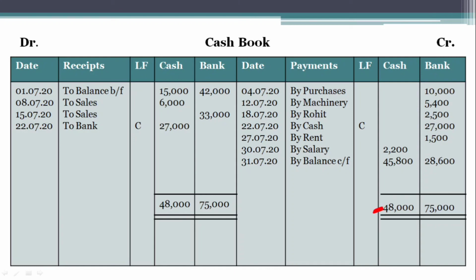Now one thing needs to be understood before moving forward. Cash can never have a credit balance because cash always has a debit balance. We have already discussed it. But bank can have a credit balance in case an overdraft facility is provided by the bank. You must be knowing about the overdraft facility, so I am not going into so much detail. Okay, and this is a basic thing. Cash can never have a credit balance, but bank can have both a debit or a credit balance. Okay, easy. So this is how a cash book is prepared.